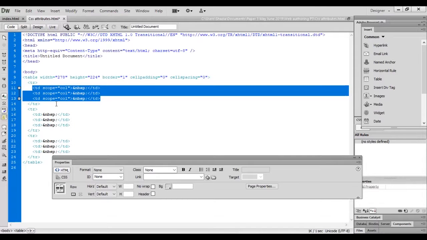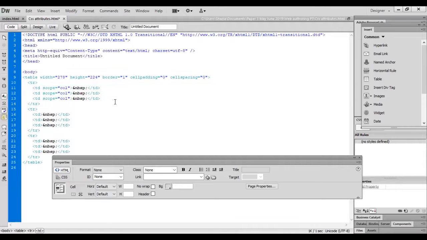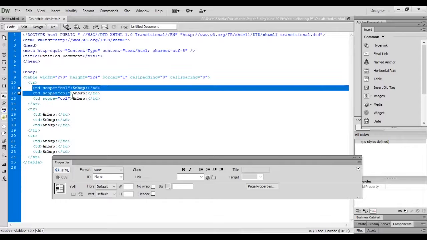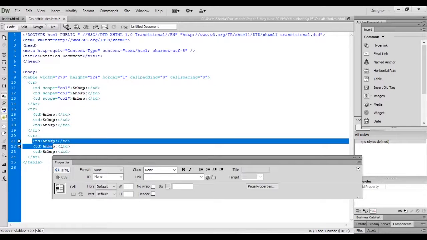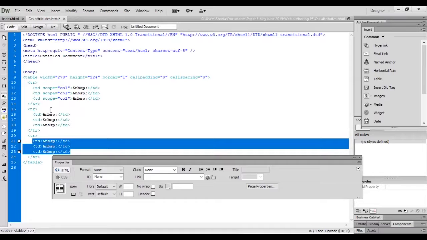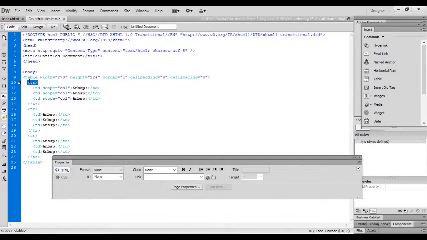So we can change table header into table cell or table data. This is the first row, and it is the same thing, TD, your table columns or table cells. So these are the TR.